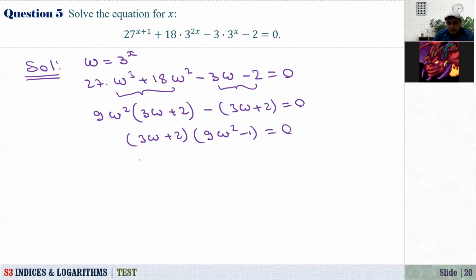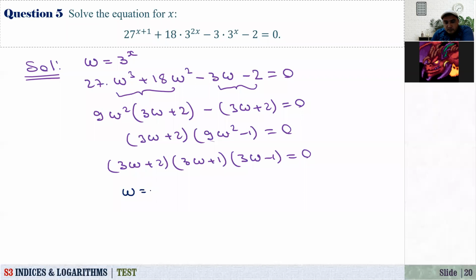Or if I just factorize this completely, we have 3w plus 2, and this one is (3w) squared minus 1, so it's (3w plus 1)(3w minus 1) is equal to 0. So from here, what are the solutions of this equation? w equals minus 2 over 3, or w equals minus 1 over 3, or w is equal to 1 over